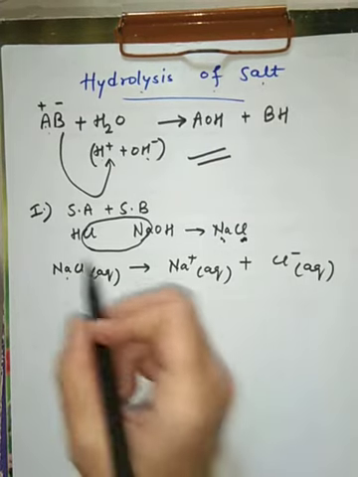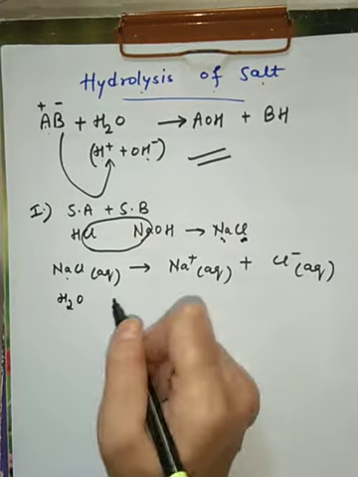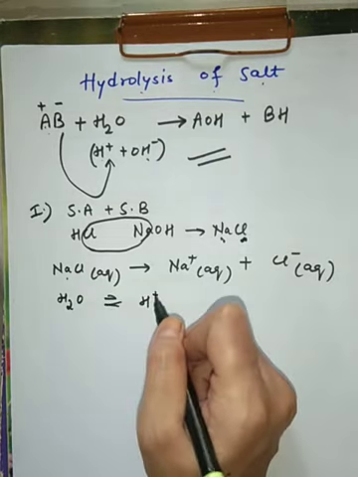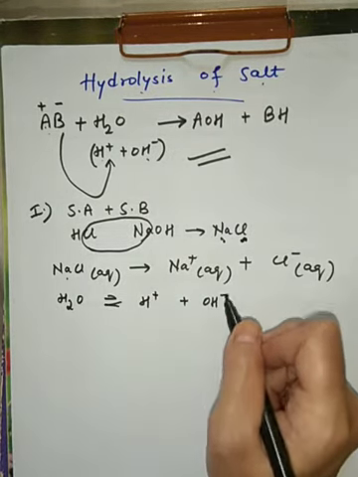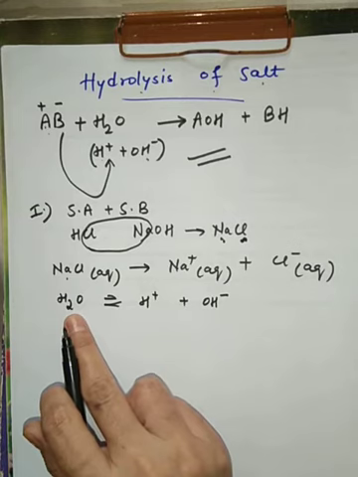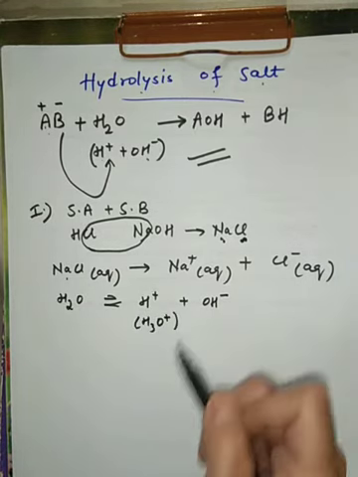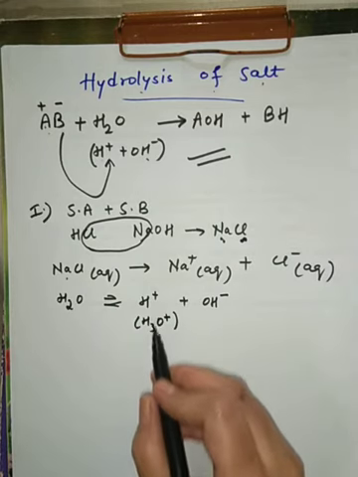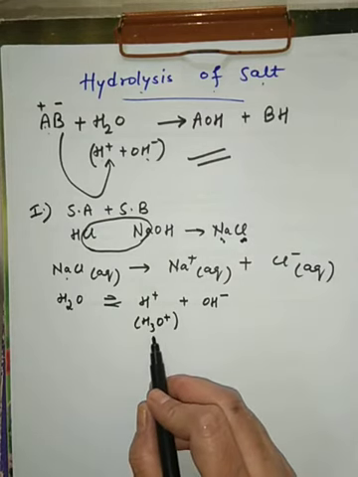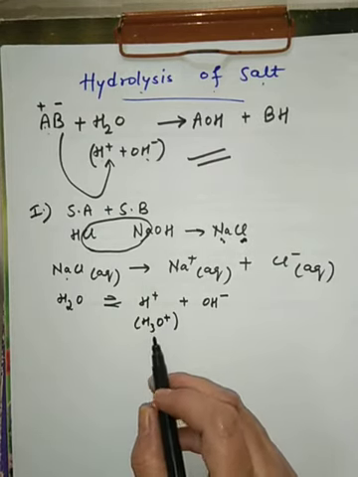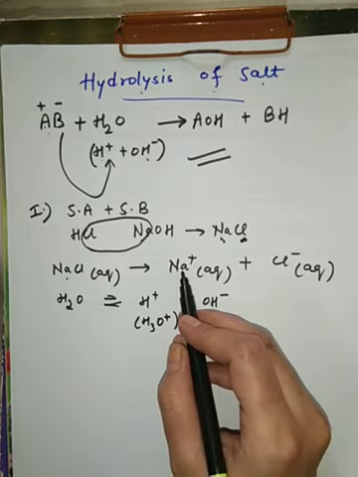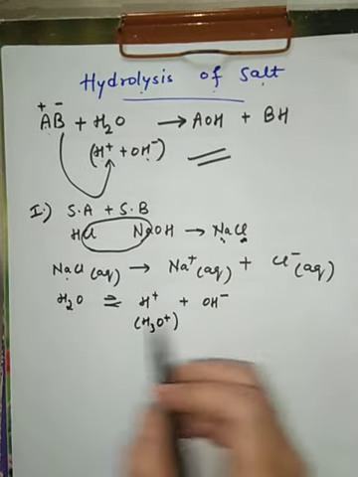And we know that there is water present, so this equilibrium will always be there. Whenever there is hydrolysis, H plus many a times is denoted in this form, hydronium ion. H plus and H3O plus are one and the same. Now what happens? Na plus will go to OH minus. So